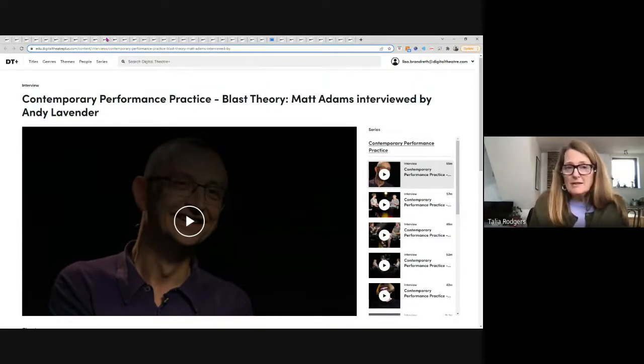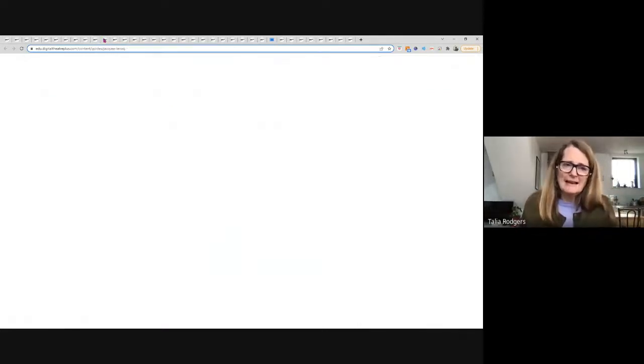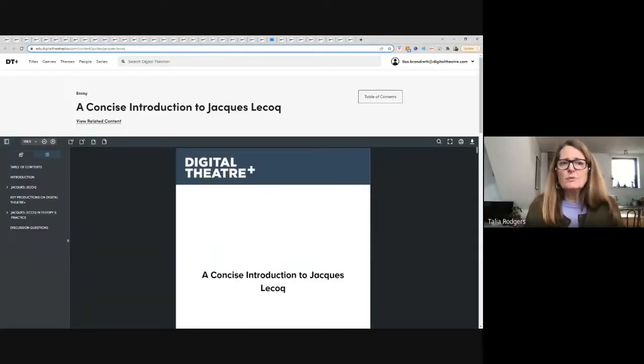So that's one area. The other area, which I'm kind of grouping together, is acting, movement and voice. As well as specific genres of theatre, we also have a huge amount of what we might call how-to material, which provides detailed information and inspiration about theatre making practices. So starting with movement and beginning at the introductory level, we have concise written introductions to topics such as Jacques